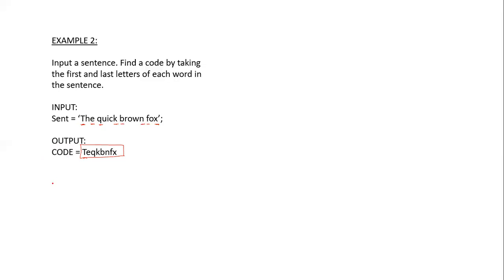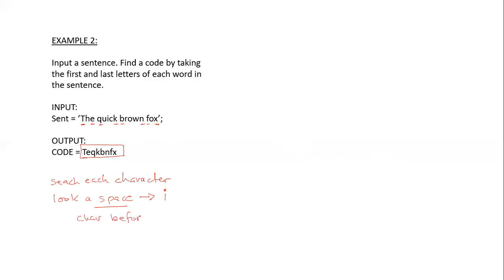Some of the things that I'm going to be looking at is to search each character in the string, and I'm going to look for a space. This is critical. Once I find a space at a particular position, let's assume that the space is found at position I, in order to get the character